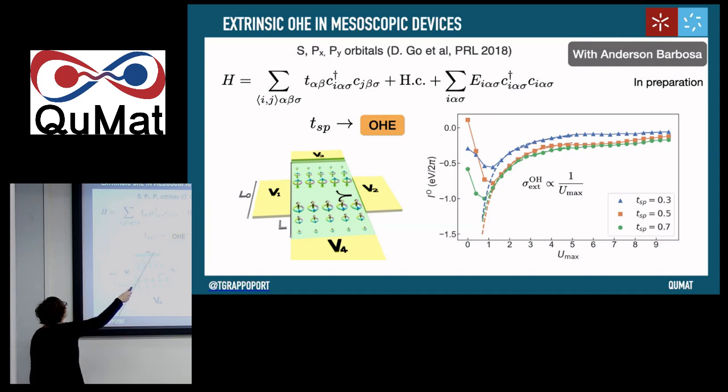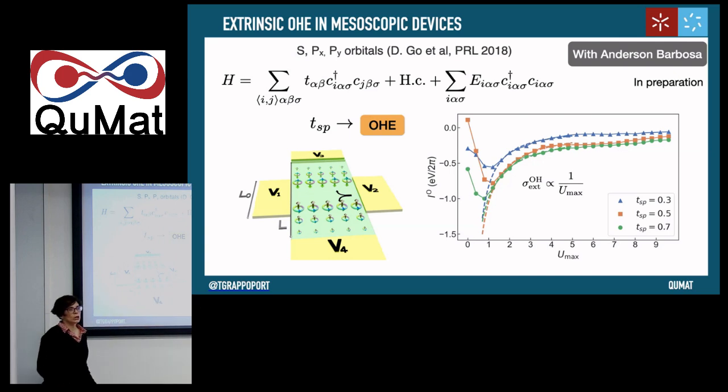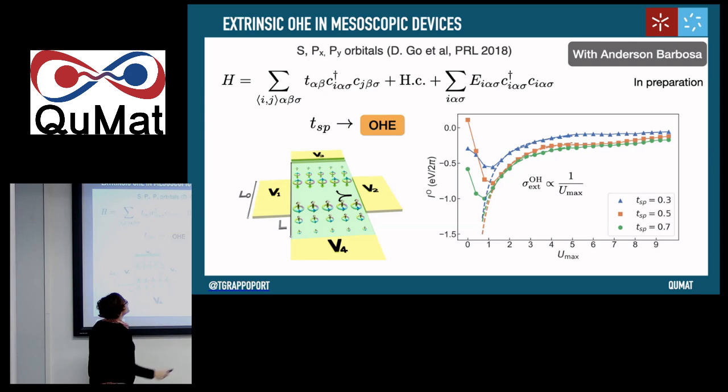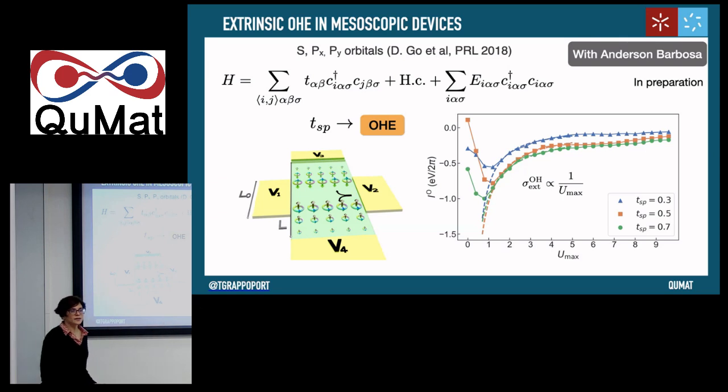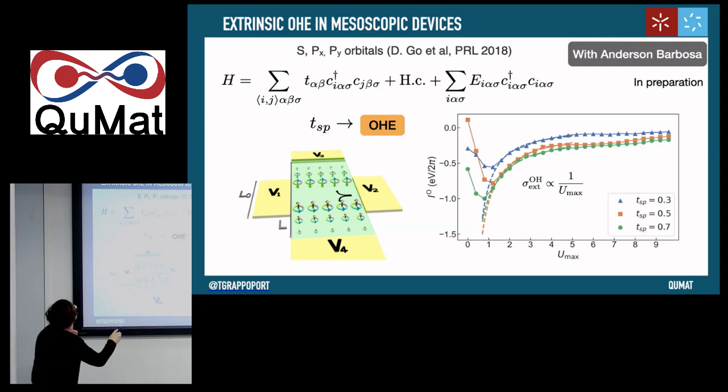This is the first model that was used by Don Wuko and collaborators to discuss the orbital Hall effect. And this paper is quite important in the field. This paper was fundamental to the increase of the activity in this field and the discussion of the relation between orbital textures and the orbital Hall effect. So they use this model. This model is very much used in the orbitronics community.